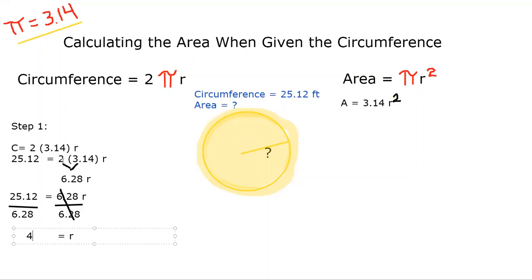We multiplied the 2 and the 3.14 together to get 6.2800 times R. Rewriting it, we have 25.1200 equals 6.2800 times R. We need to get R alone, so we divide 6.2800 on both sides. 25.1200 divided by 6.2800 is 4. My radius